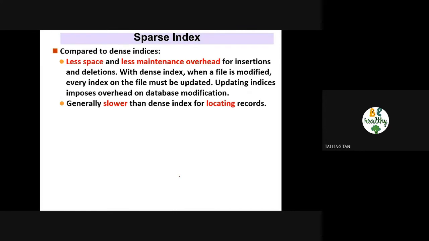Okay, again, let's do some comparison of this sparse index. Students, I think you need to spend some time to understand this comparison, because during the final, they always have this kind of question, compare and contrast. What is the difference between the dense index and the sparse index? Of course, it may ask you to compare all the others, but you need to understand